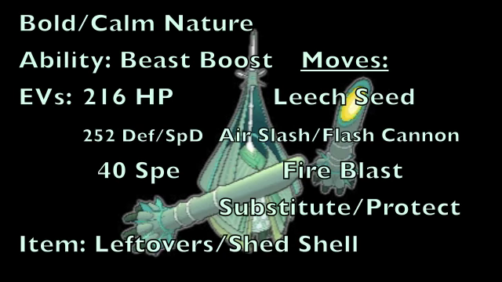Now moving on to some movesets that highlight Celesteela's defensive capabilities, we're going to start this one off by giving it either a Bold Nature to boost its physical defense but lower its physical attack, or a Calm Nature to boost its special defense but lower its physical attack, and then going with an EV spread of 216 HP EVs,